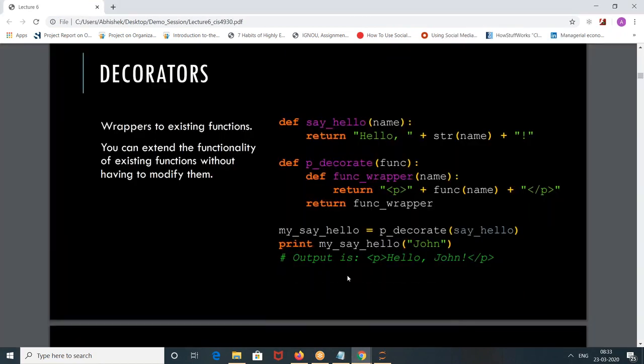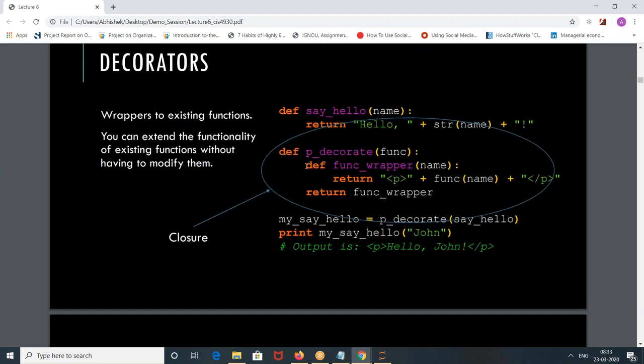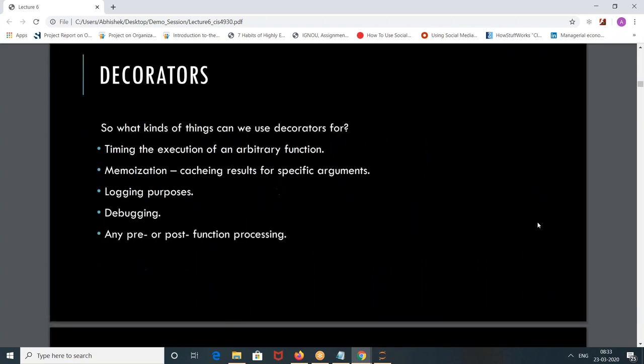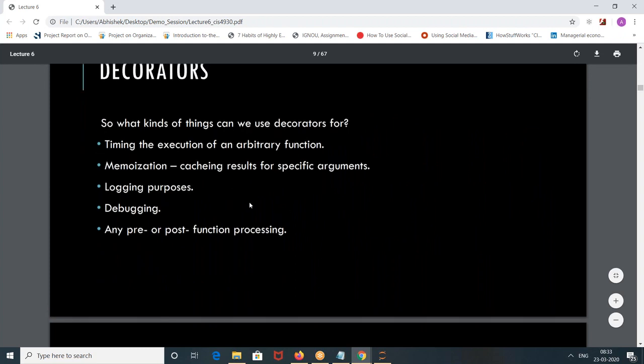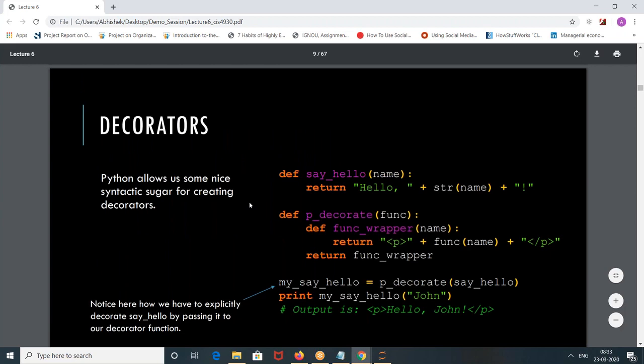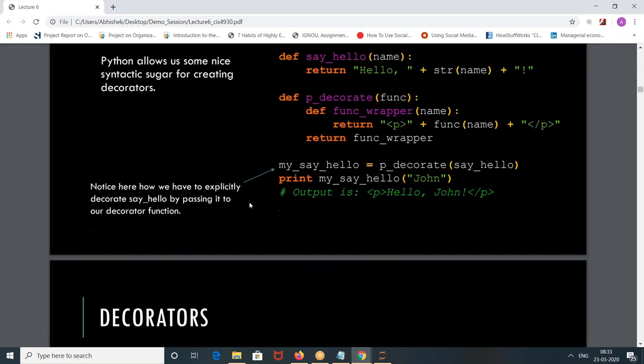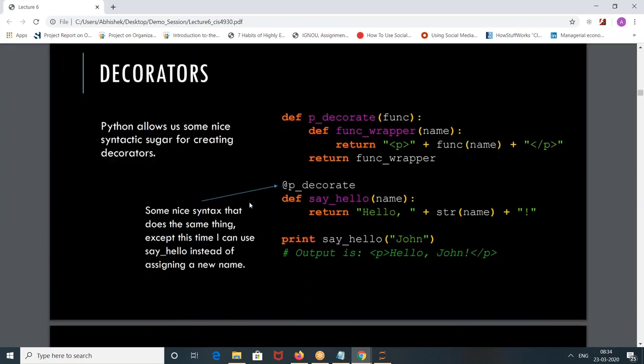Okay, so let's see. The same thing, this is called a closure. As I told you, this is the wrapper around the watch that you are giving to Pawan. So this is called the closure. This function is called the closure function. Next, we will see why a decorator is useful. Let's get into the simplest way to write a decorator.